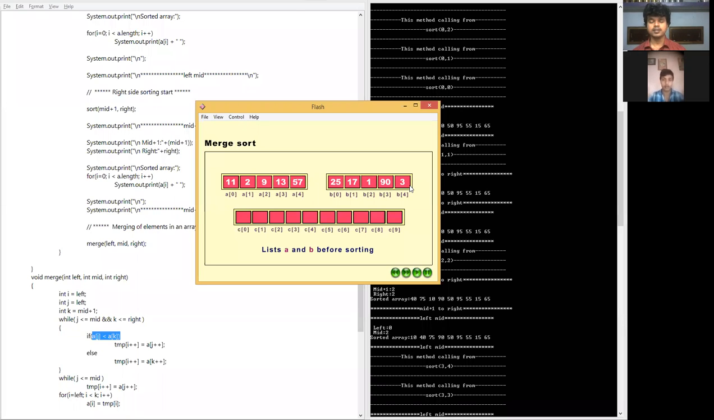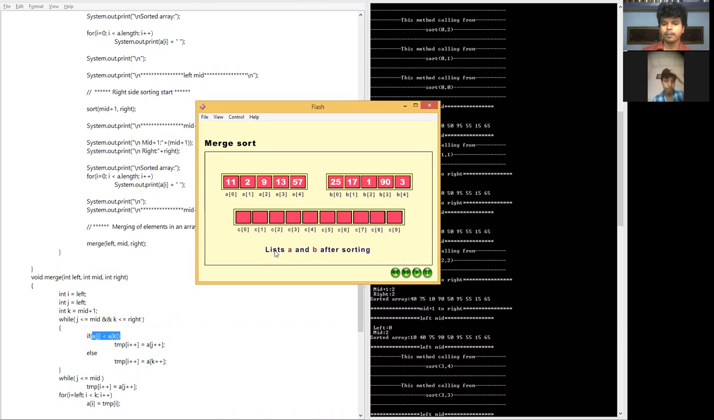Actually, we are just assuming that these two arrays exist in a single array. But after dividing the single array, it could appear like this. This array name is A and this array name is B. Before sorting, these are not in descending order, and these are also not in any order. After applying the sorting technique,